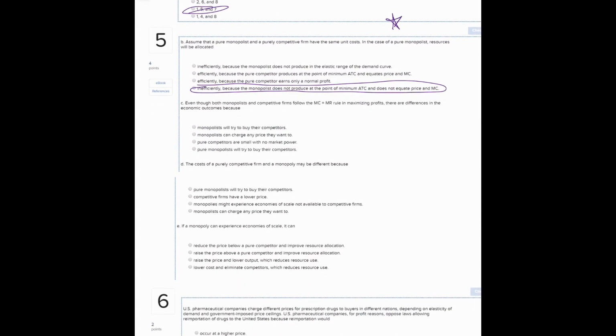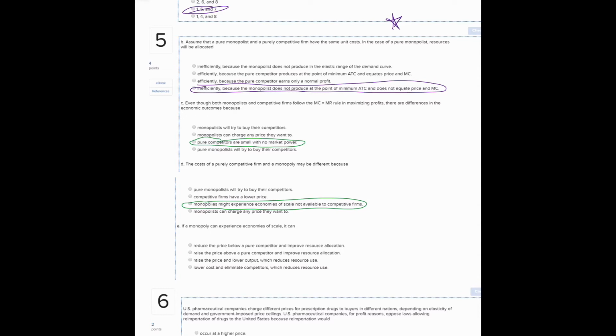C, even though both monopolist and competitive firms follow the MC equals MR rule in maximizing profits, there are differences in the economic outcomes because pure competitors, by definition again, are small and they don't have market power to affect the change of prices. D, the cost of a purely competitive firm and monopoly may be different because monopolies might experience some economies of scale not available to competitive firms. You see this in larger operations where they are able to produce at lower per unit costs because of these economies of scale. Those are often not